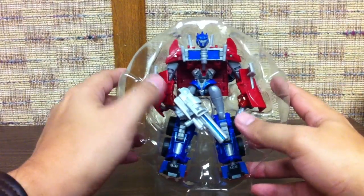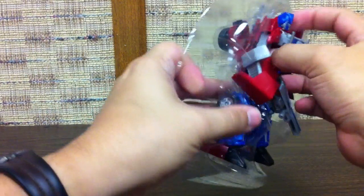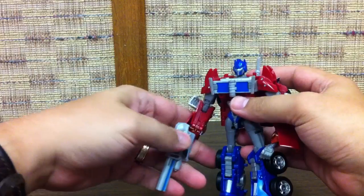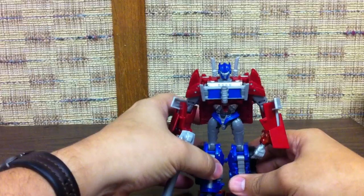And then Prime's another thing. He actually comes tied in. I've already cut those ties, so gotten rid of them. Now, one of the things you'll notice, I have already customized mine. I was going to wait, but then decided not to. He comes with gray windows. I painted them blue. Even though technically,